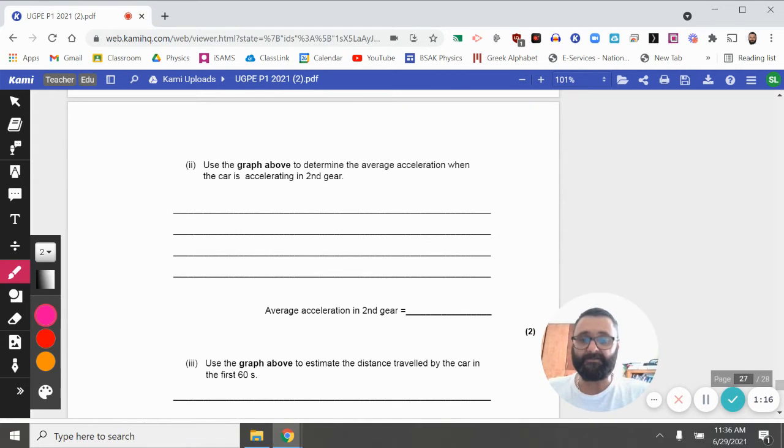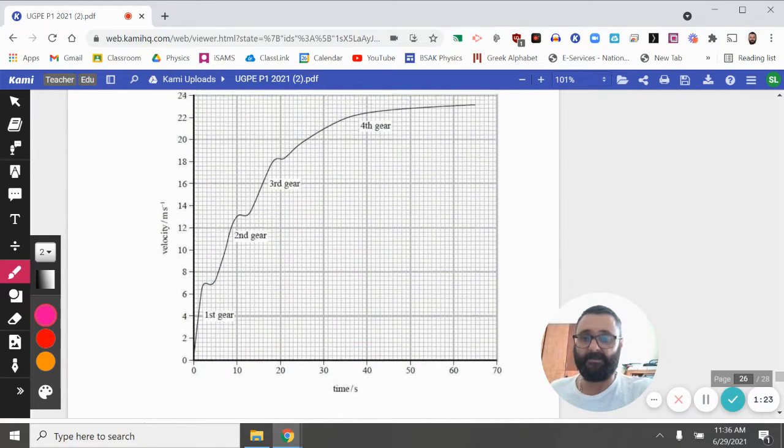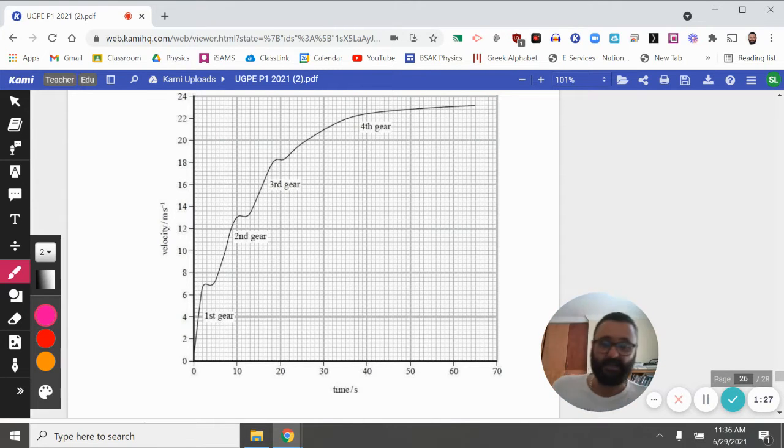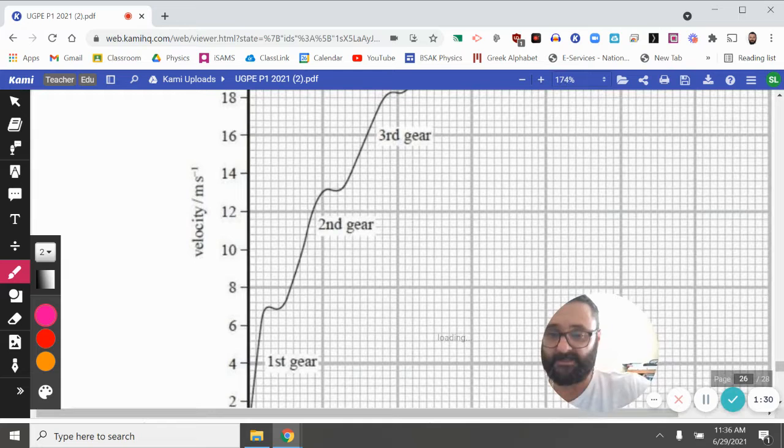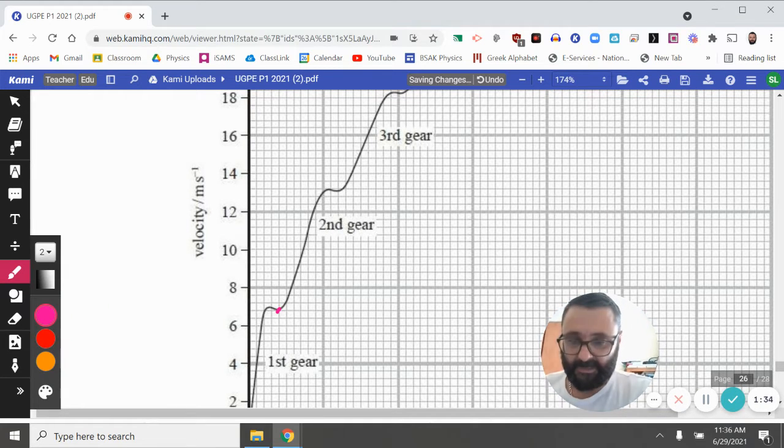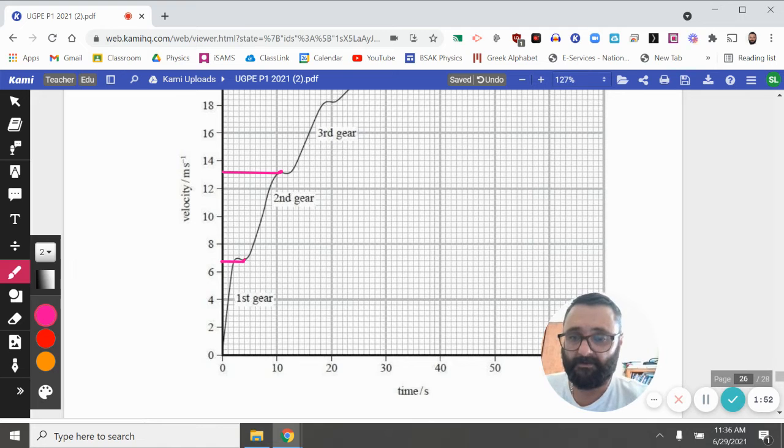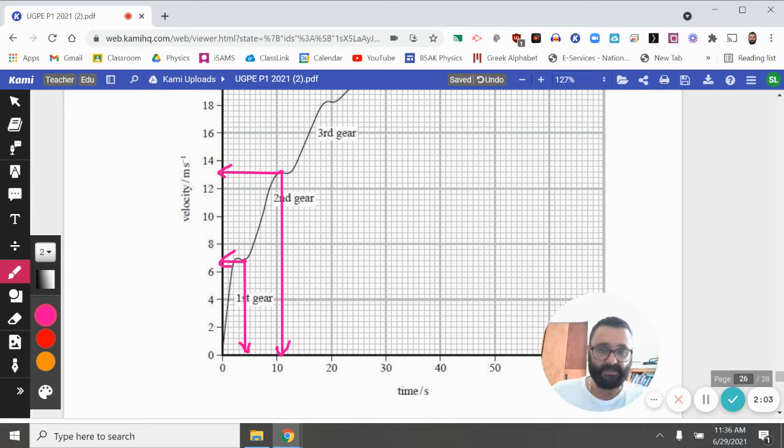Now use the graph to determine the average acceleration when the car's going in second gear. There's a little bit of wiggle room here, because obviously it's a curve, and where do you take your points? But all you needed to do was take the extremities, why not? Then it's y change over x change, isn't it? So it's going to be final velocity minus initial velocity divided by the time, which is that time there, minus that time there. So just trying to do that as carefully as possible should give you an acceleration of,